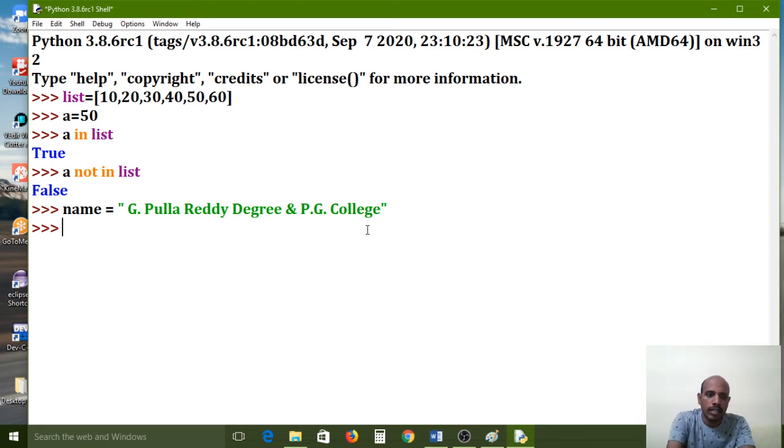Reddy is a string, so compulsorily we have to use double quotes. Reddy in name gives True. Actually it is available in that name, so that's why it is indicating true. Now understand? Again, I am using not in also. This is a real time example for understanding purposes for you.